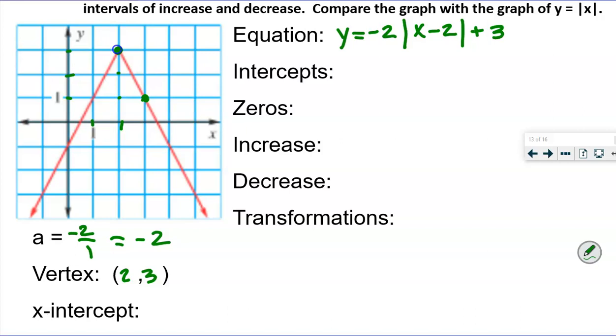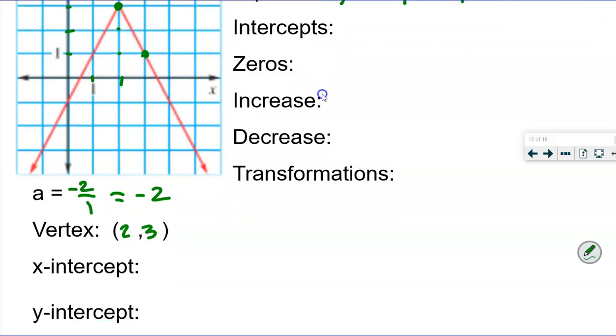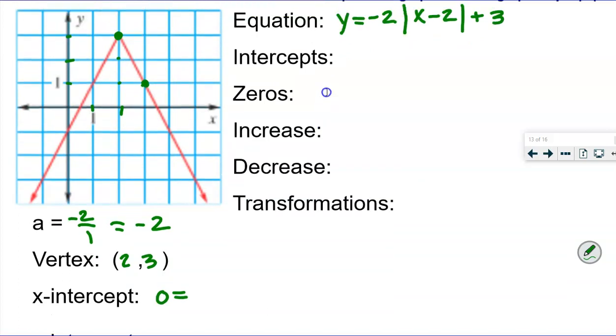So on this one, it looks like we can almost tell where the intercepts are, but I like to go ahead and solve for them anyway, so that's what we're going to do. So here again, I'm going to put 0 in for y in my equation. So that's going to be 0 equals -2, absolute value of x minus 2 plus 3. So we're going to subtract 3 from both sides. So that's going to give us -3 equals -2, absolute value of x minus 2, right? So then we're going to divide both sides by -2,